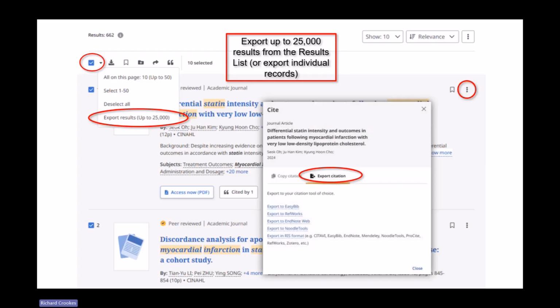And then you can select your preferred export, so it's to RefWorks, EndNote, etc. You can use that option. That can be used for individual records, and within the save folder it can also be used for collated records as well. So it's possible to either use the link that you see initially highlighted to export up to